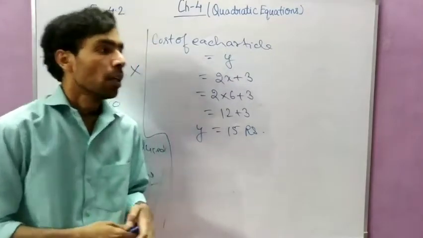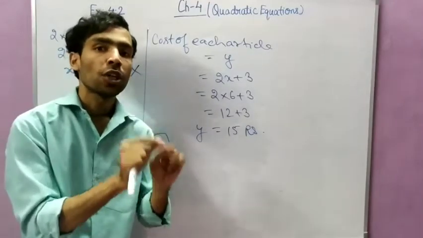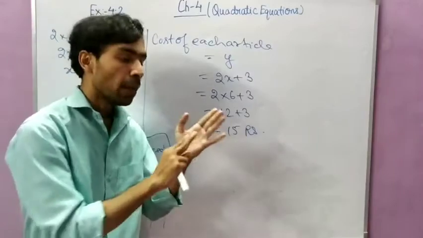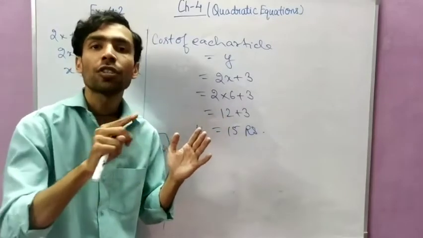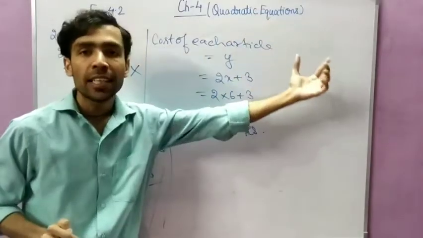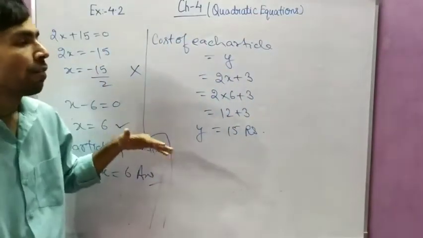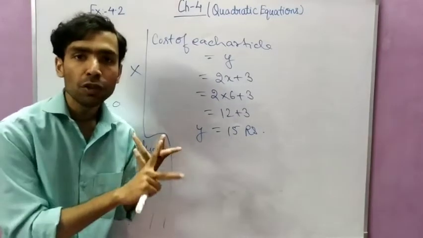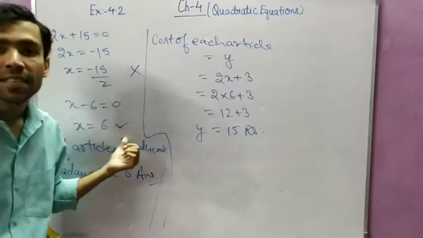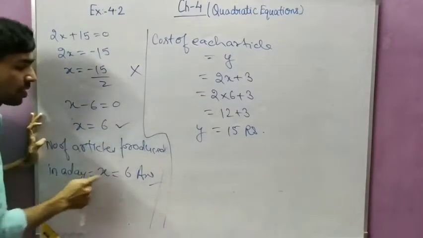After that the total cost of production in a day was 90, and the total cost of production can be calculated by the product of the number of articles into the cost of each article. When they both are multiplied, it will be equal to 90. After that you will solve the equation, then you will find the value of x. Two values of x, one will be negative, one will be positive. So the positive value we will accept. Because x was the number of articles produced in a day, x equal to 6.